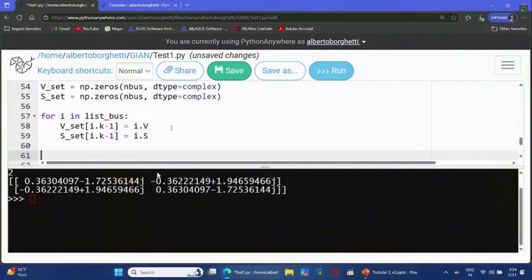So we need four equations, because for the solution of a problem, we need as many constraints, as many equations, as the unknowns. And here we have four unknowns, which are the voltage, both in modulus and in phase, but also the power, active and reactive power at the beginning of the line. So we have four unknowns, four equations. We need to set this in the